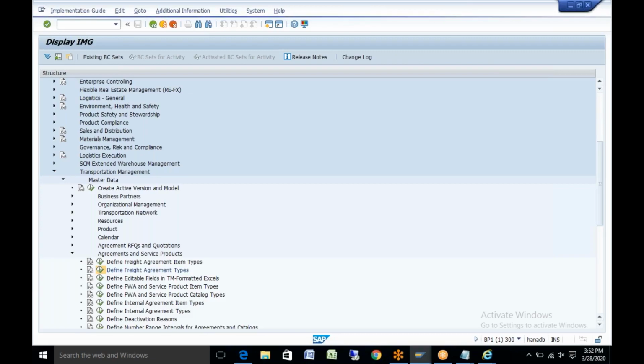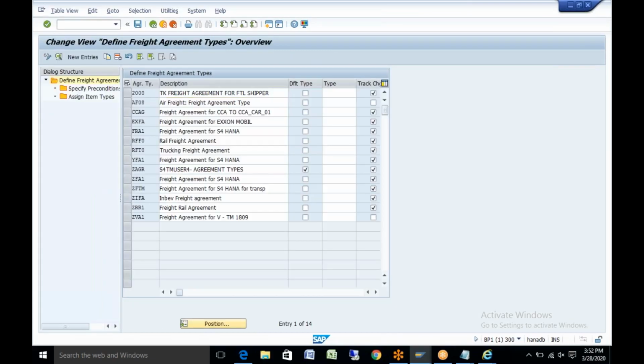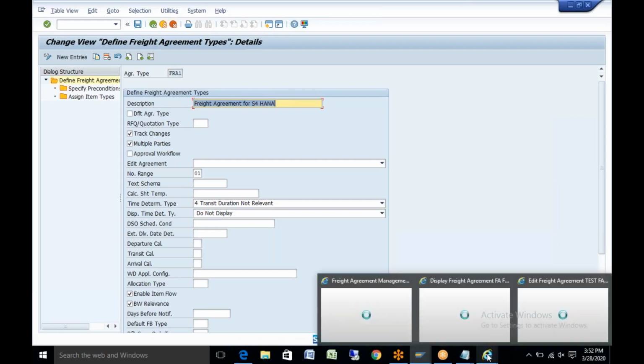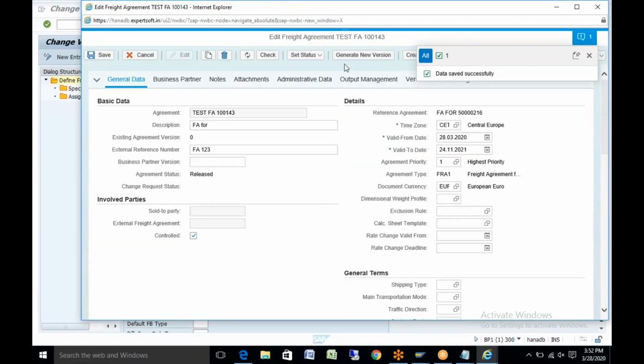Okay. So in my case, it's FRA1, right? So I click on FRA1. So this is the name, this is the description. If you want to create with reference to an agreement, if I go into an agreement, you have the option to create an